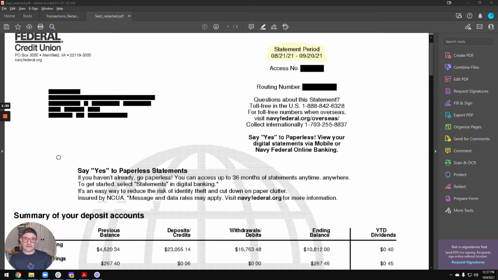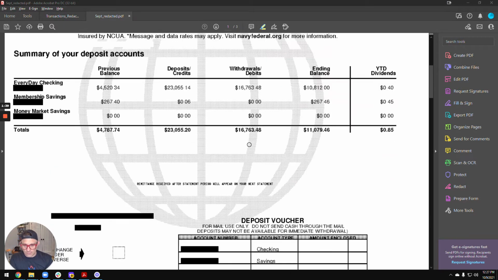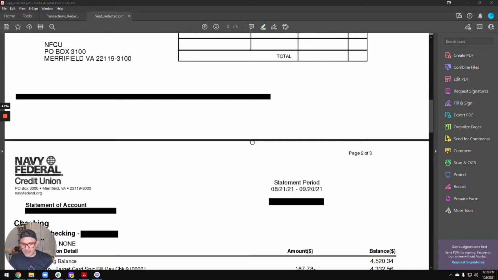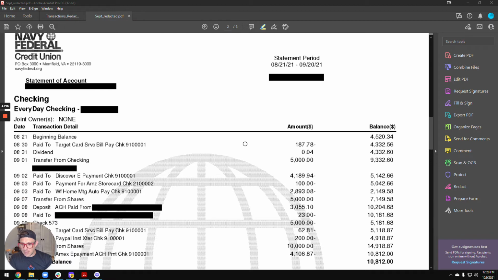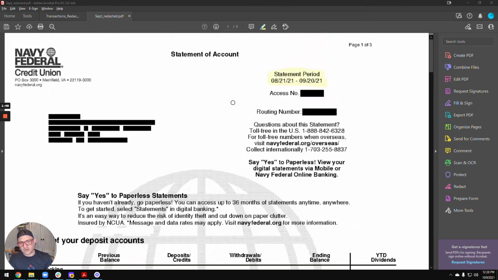So what I'm showing you here is an actual statement. I redacted all personal information. Hopefully I got everything, account numbers, names, even some details on the transfers. So it looks pretty generic. But you can see here, now assuming we already have the August statement, this person's bank statement was from August 21st through September 20th, right? But now today is October 9th.